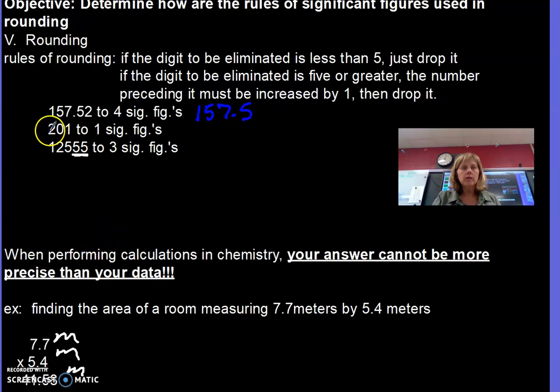If the digit to be eliminated is 5 or greater, then the number preceding it must be rounded up. Okay, so we'll look at a couple more examples. If I have the number 201, and I need to round this to 1 significant figure, we're going to get rid of the 1 and the 0, and since they're less than 5,